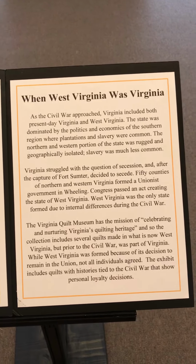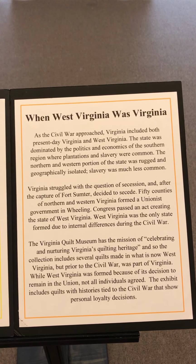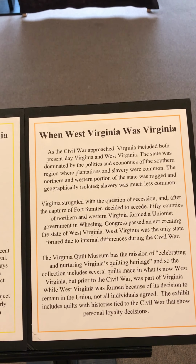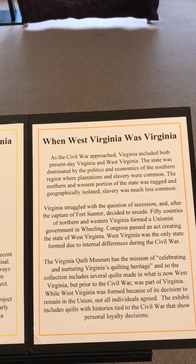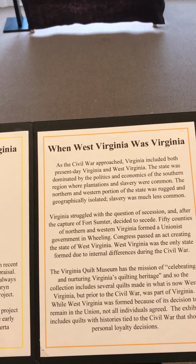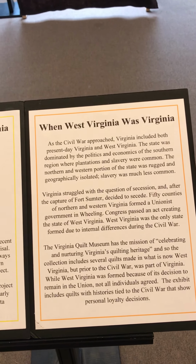As the Civil War approached, Virginia included both present-day Virginia and West Virginia. The state was dominated by the politics and economics of the southern region, where plantations and slavery were common. The northern and western portions of the state were rugged and geographically isolated. Slavery was much less common. Virginia struggled with the question of secession, and after the capture of Fort Sumter, decided to